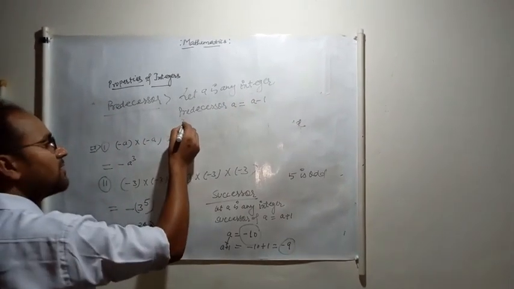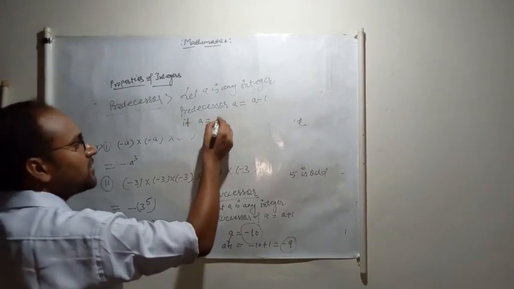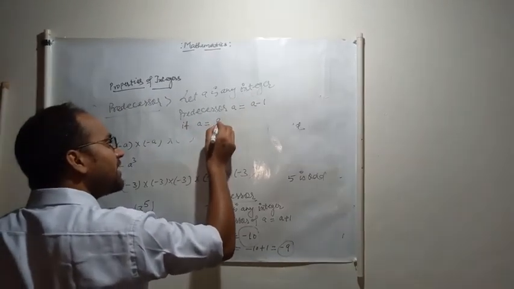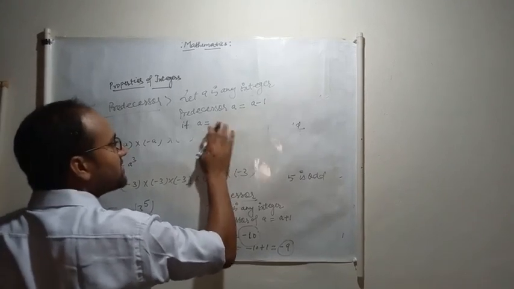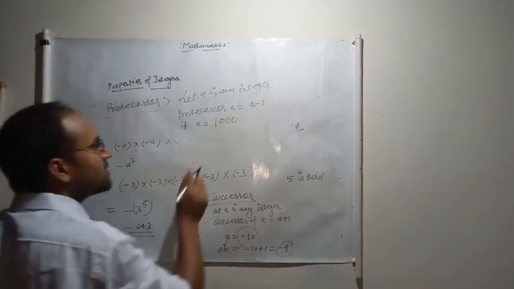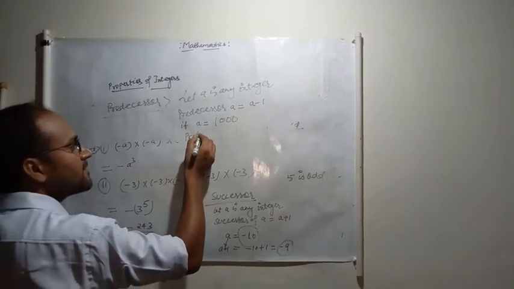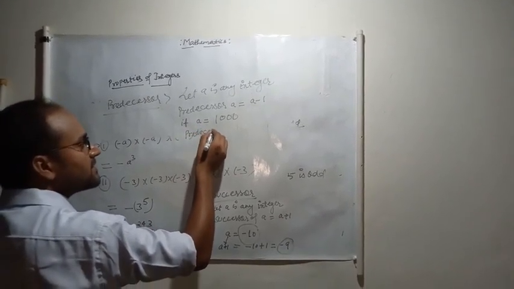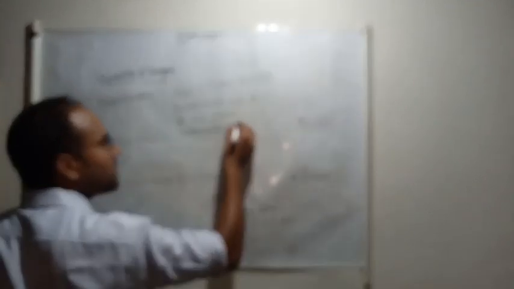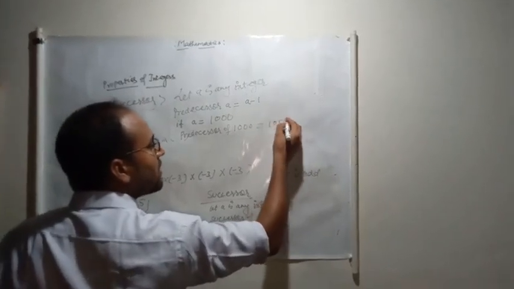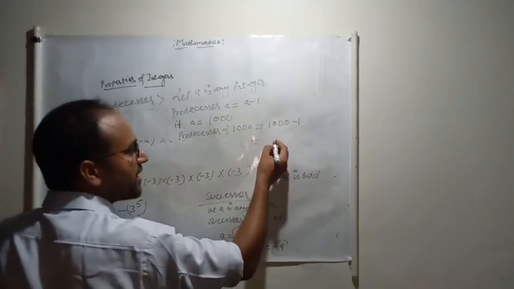For example, if we take A equal to 1000, what is the predecessor of 1000? Predecessor of 1000 is equal to 1000 minus 1. If we subtract this, we get